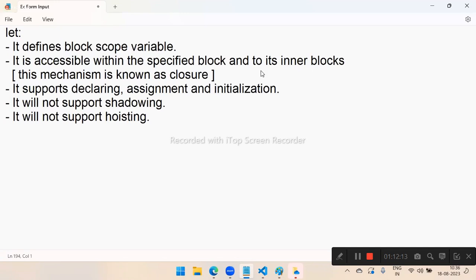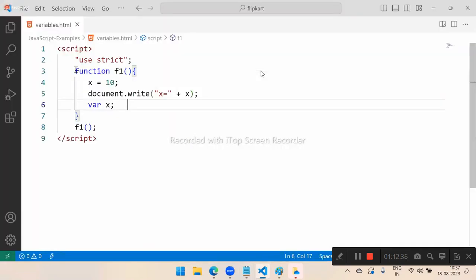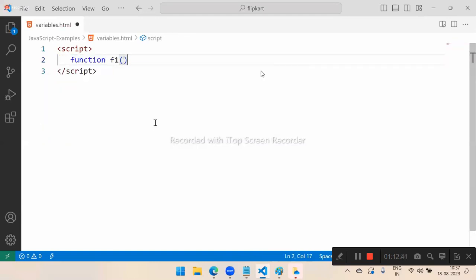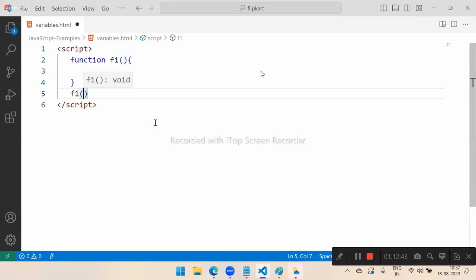So if you don't want anybody to use the same name again, and you don't want anybody to use it before declaring, then you can restrict them by using what? let. If you configure with let, it will not allow shadowing, it will not allow hoisting, and it is a block scope. And see here, now I will configure again here